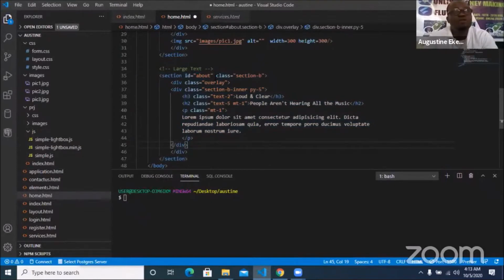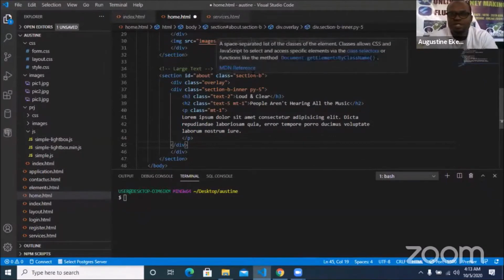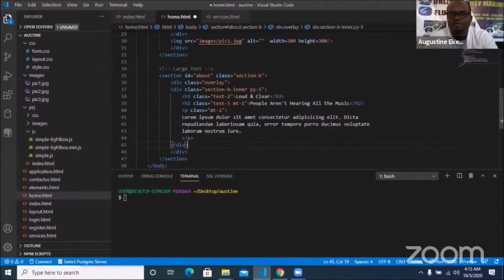So the next thing will be for you to modify and make it be what you want. So you can see the first thing here is what? This is this section with this class. It has overlay. I will show you what overlay means in future. And it also has this ID. But the first one right up there is the S3 that has loud and clear, isn't it? So here I can say,